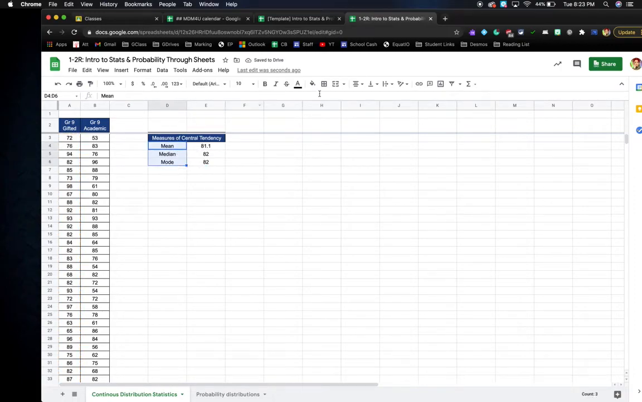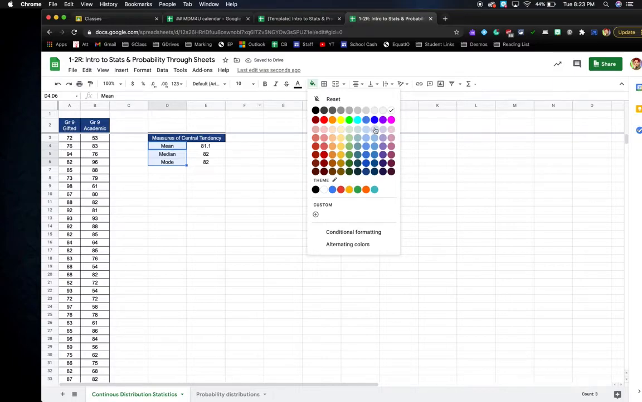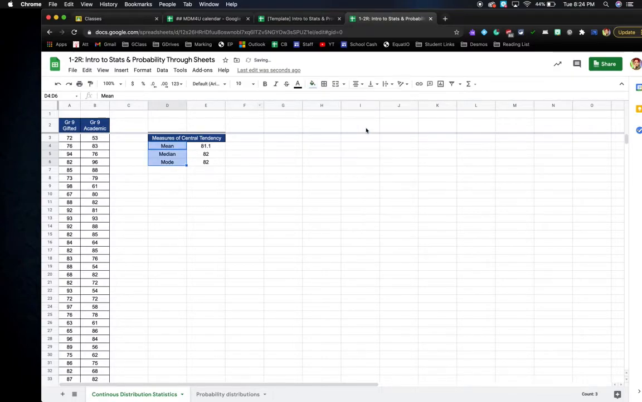Awesome. Format that table up a little bit. This is like a subheading, so I'm going to make that a lighter blue color. And I'm going to put my borders. Okay, now I'm going to make one more table where I'm going to calculate my measures of